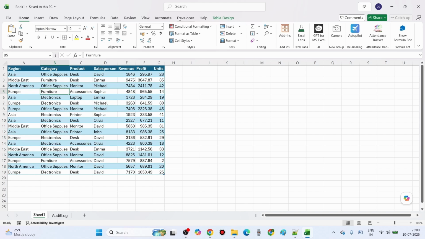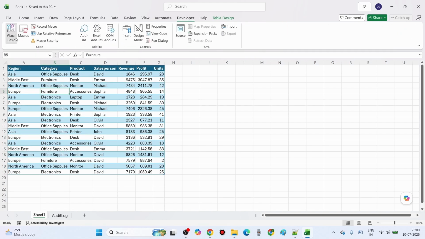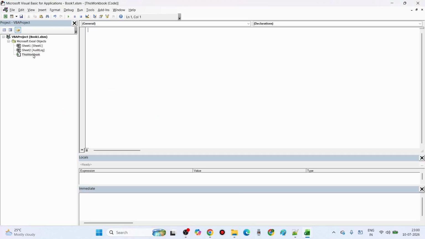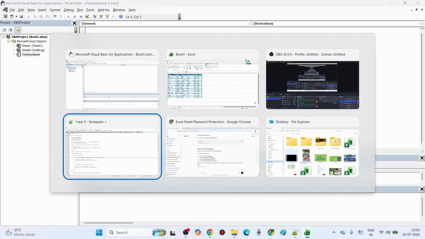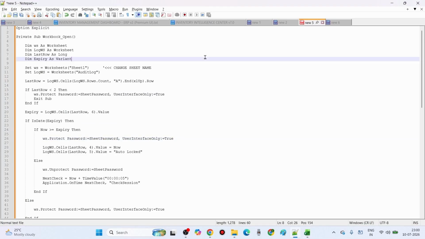Go to the Developer tab, click Visual Basic. To keep this video short, I've already written the code inside this workbook. Now, let's review the important parts. First, this line is where you need to replace it with your own worksheet name. And here's another important setting. This is where you decide